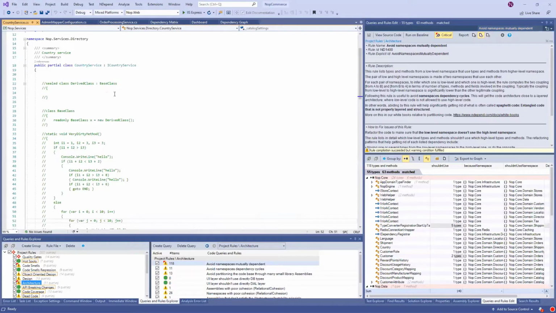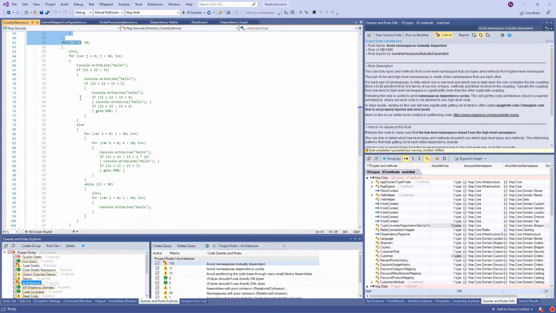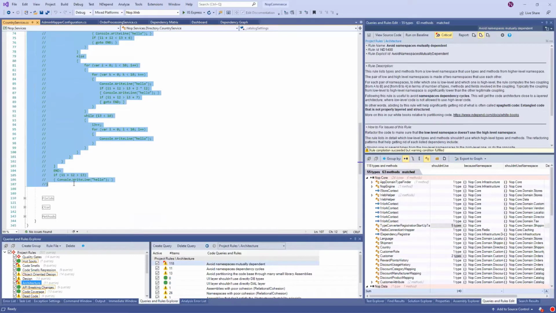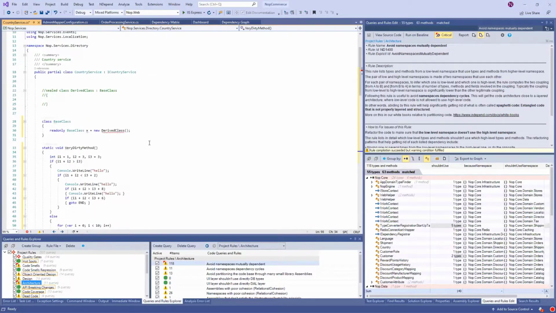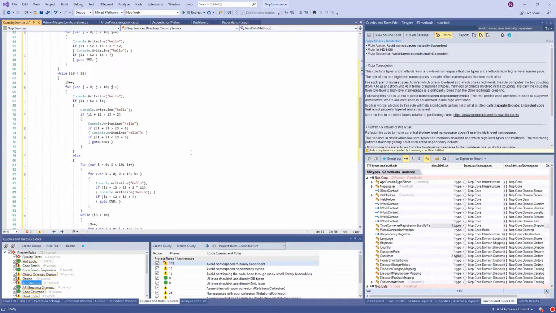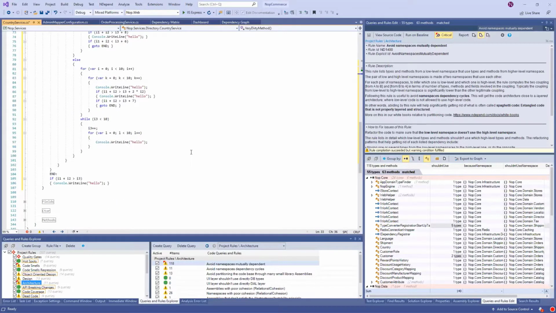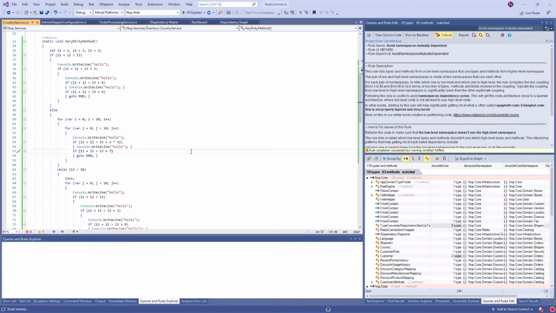For that, to have a baseline, what I'm going to do is, I have some very dirty code here that I'm going to uncomment. Okay, I've uncommented this very dirty code. So here, basically, I have a base class that is using a derived class. So if you know about object-oriented, this is very bad. And I also have a very dirty method with a lot of loops, a lot of for, while, if, etc. Okay, so let's save that. Let's compile.